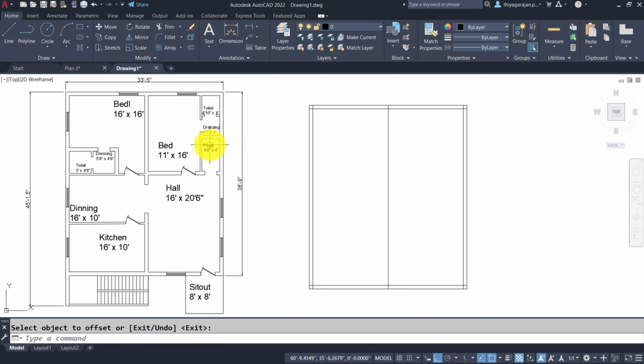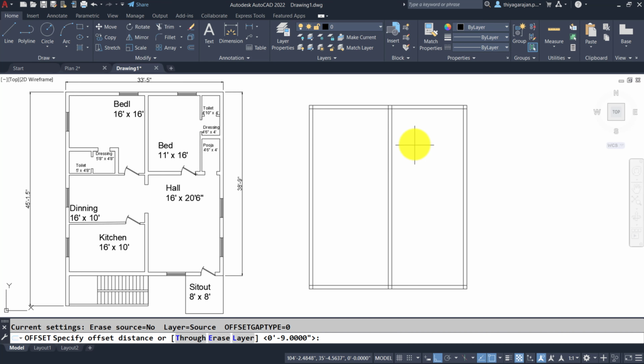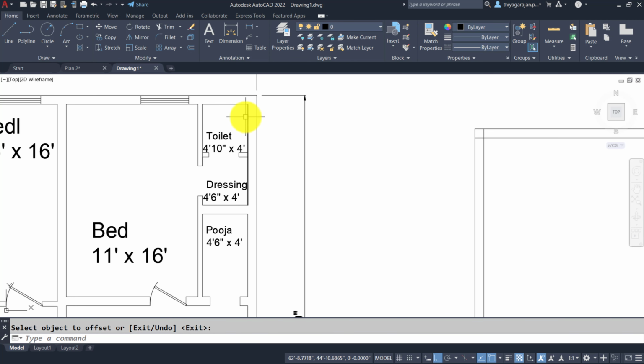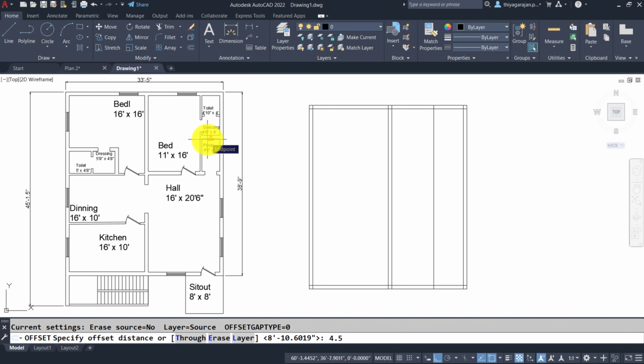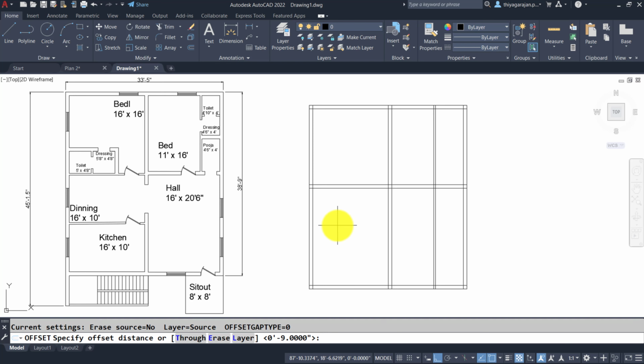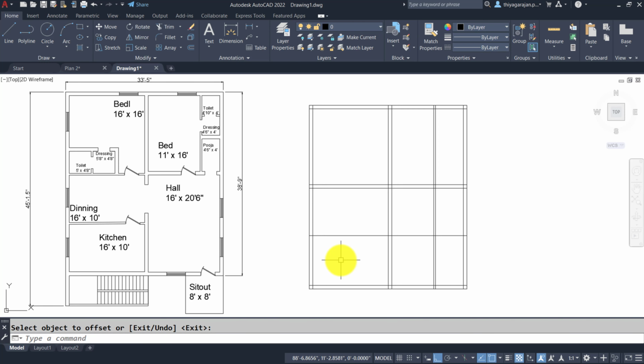Then this wall thickness is again 9 inches. The next small bedroom is 11 feet. Then this wall is very small. Generally we will have two types of wall: one is a 9 inch wall, another is a 4.5 inch wall. So this small one is a 4.5 inch wall. Offset 4.5 inches. Now I'm going to partition this plan horizontally. Offset 16 feet, then wall thickness 9 inches. Offset 10 feet. This is a small wall, so offset 4.5 inches. The remaining portion will be for the kitchen.